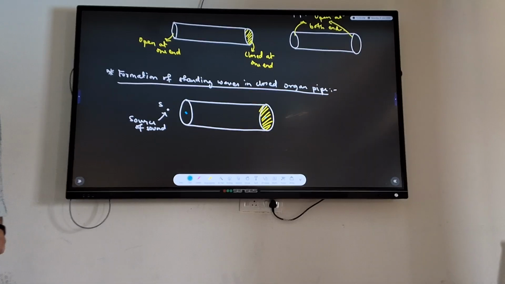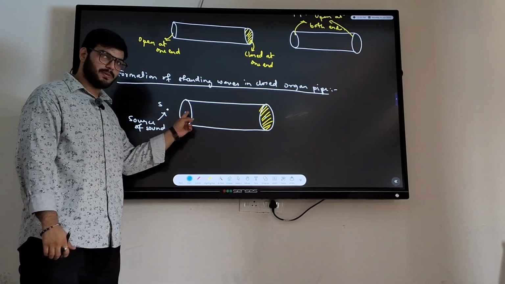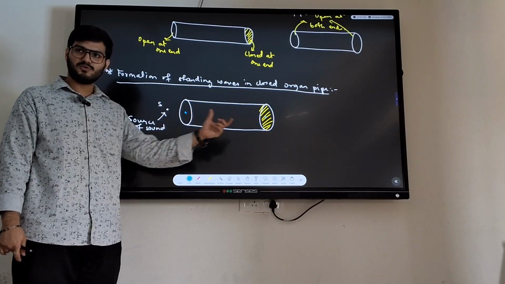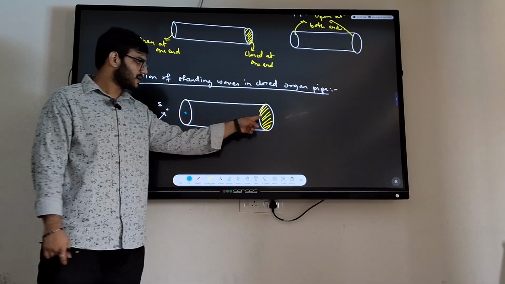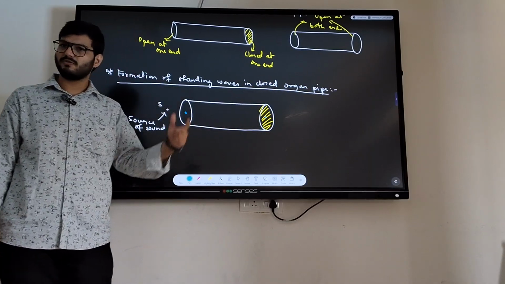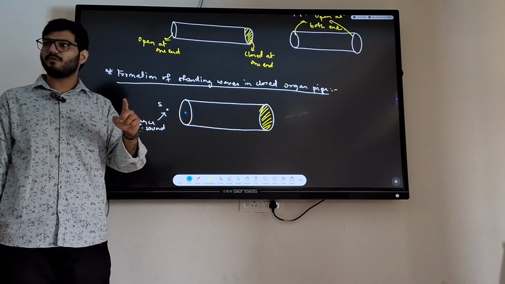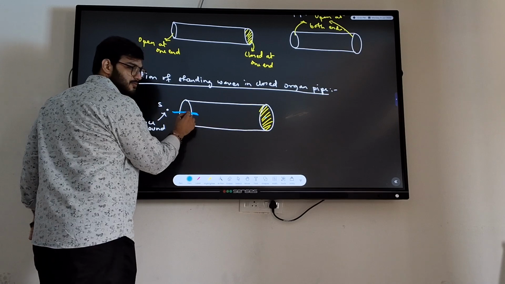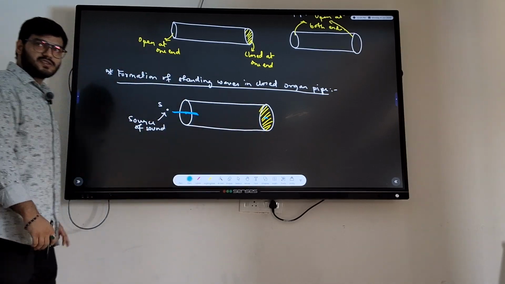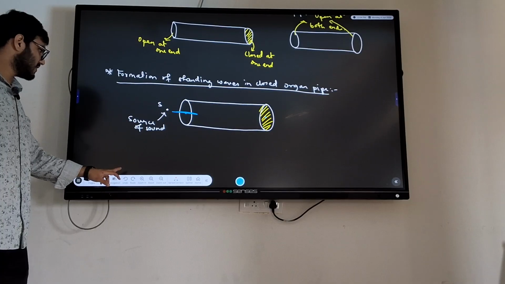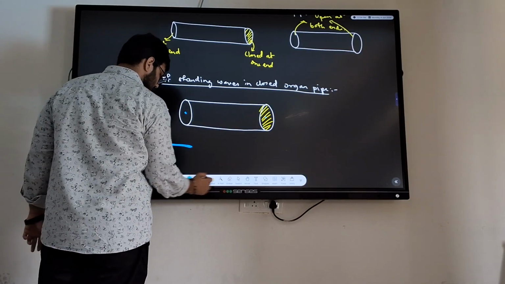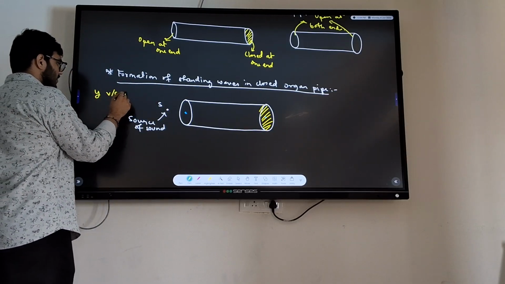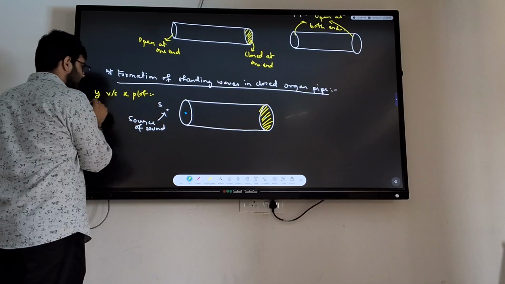Now let me ask you this question. There are two particles, one particle at the open end, one particle at the closed end. This particle, what do you think? Does it have space to move around? What about this particle which is at the closed end? Does it have space to move around? No, right? It won't move at all, or maybe it will perform very small SHM, but then this can move freely, this can't. So if I make this graph or the plot, y versus x plot,